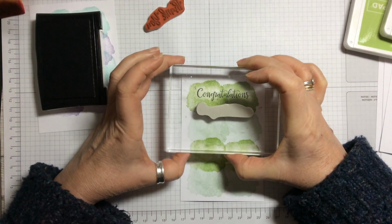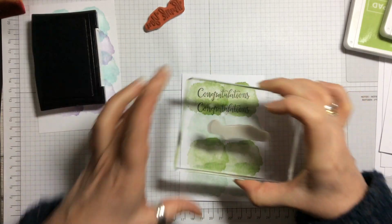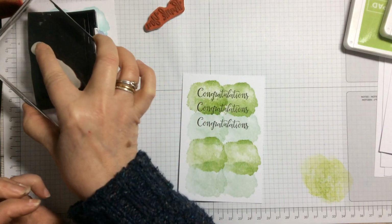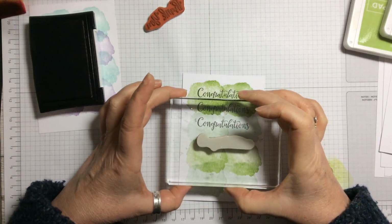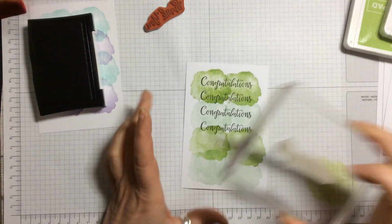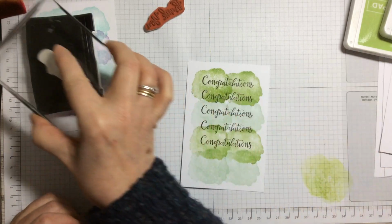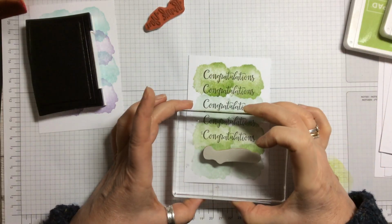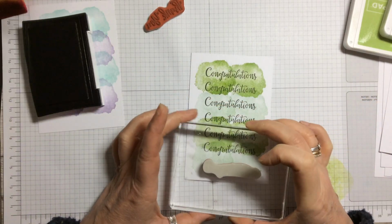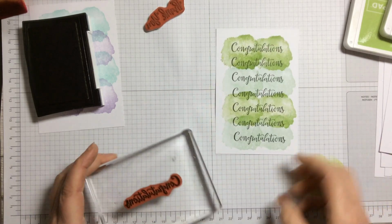Ink it up, and then just eyeball it to put the second one down. And just work your way down. If you line up your C at the front and S at the end, so look at the shape and line it up. You don't need to use a Stamparatus or any other tools. If you've got a Stamparatus, fantastic, use it. But this is designed for people who are just starting out. So you might not have all of these tools, but it's a way of very easily making a quick card,